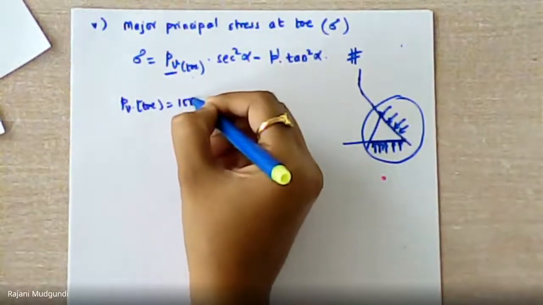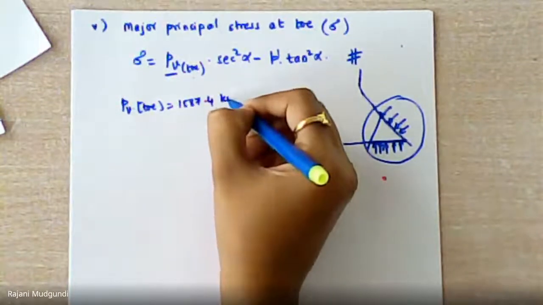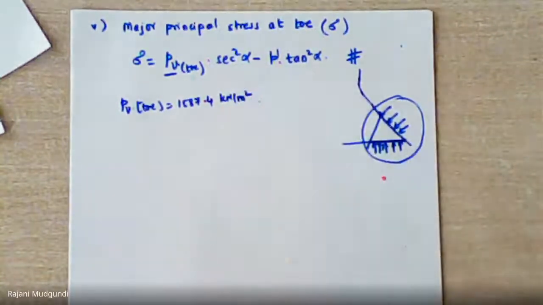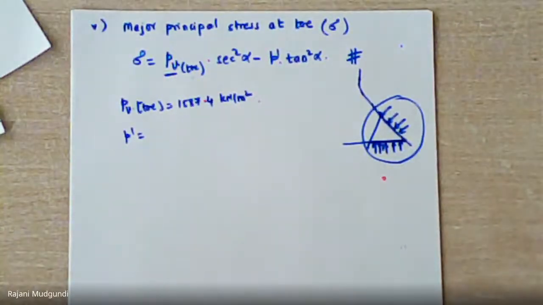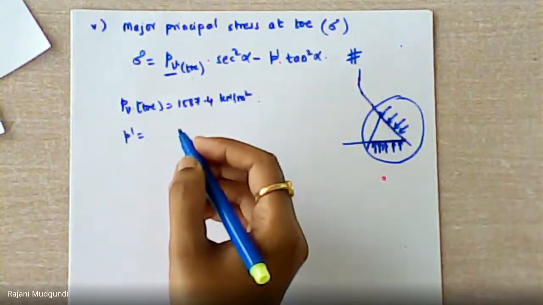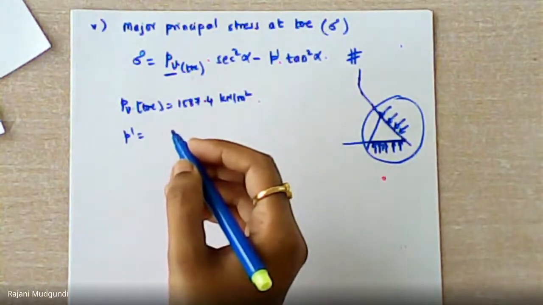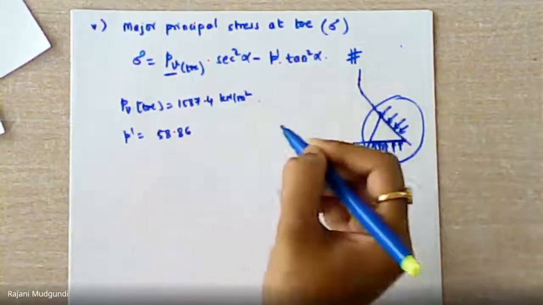That value is 1587.4 kilonewton per meter square. Then P dash is nothing but the horizontal water pressure at tail or on the downstream side. If you can refer the previous pages and the dam cross section in which we have drawn all the forces, there you have written this value as 58.86